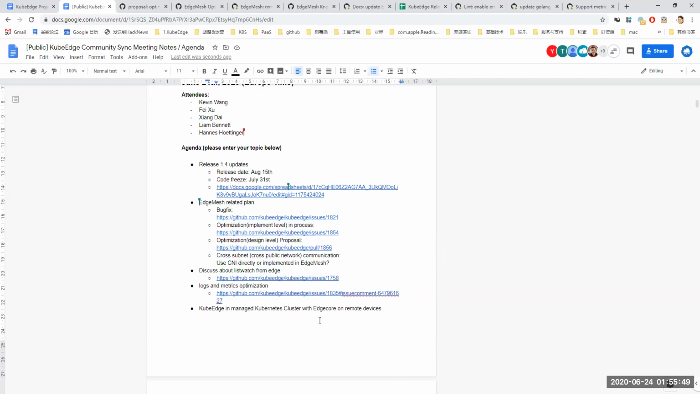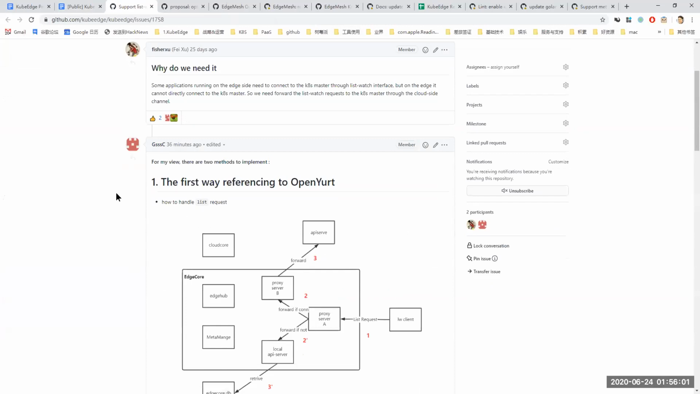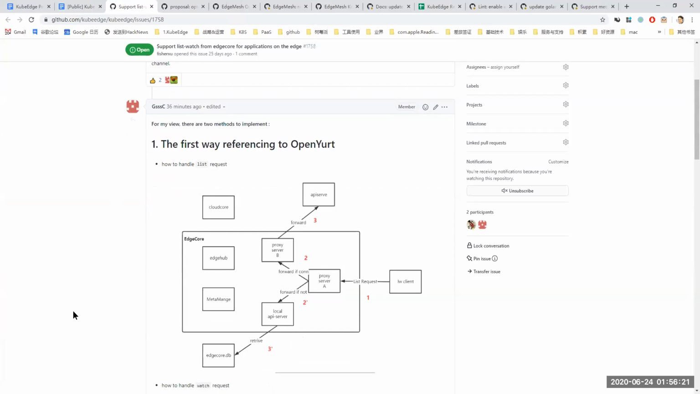Okay. So, list watch from the edge. Any ideas about this? 各位老师这边我能说中文吗？我的英文不太好。可以。好。